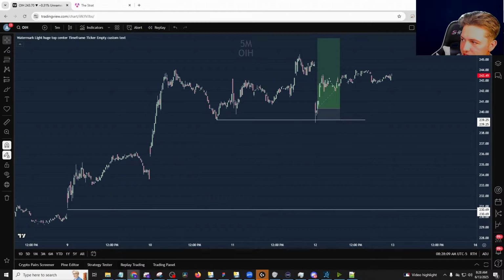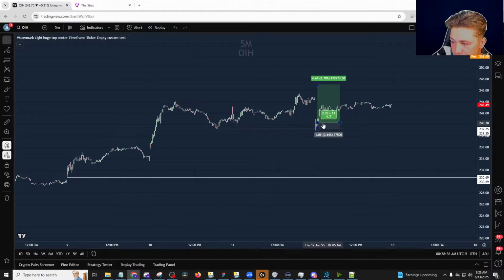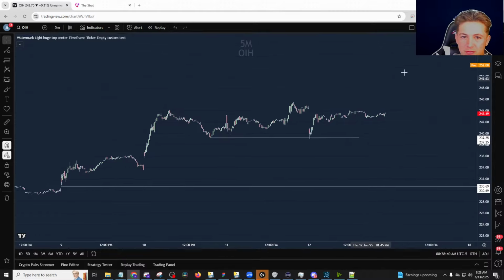I did this with weeklies. So, admittedly, I didn't have a ton of size additionally on the weekly entry. However, regardless of the size, since OIH moves so much, these are probably going to open about $7 to $8 in the money after closing very slightly out of the money yesterday. I used the 245 calls on the 620 expiration, so actually next week's. And so even with, in this case, it was like, what, $400 position, it's probably going to open up around